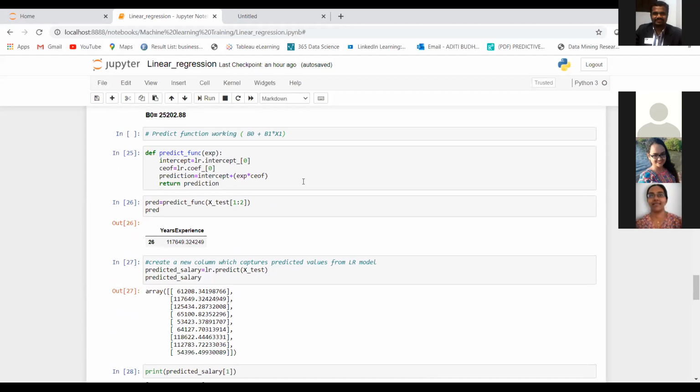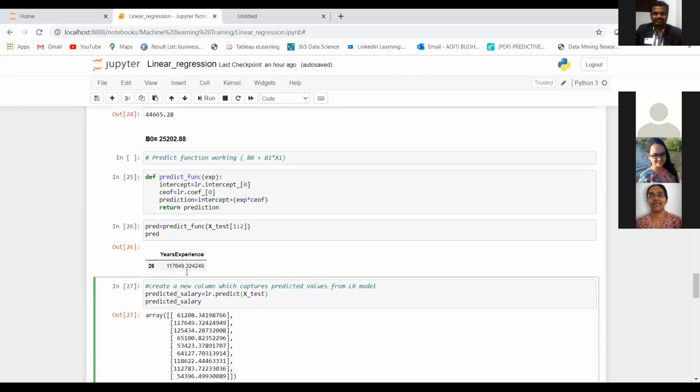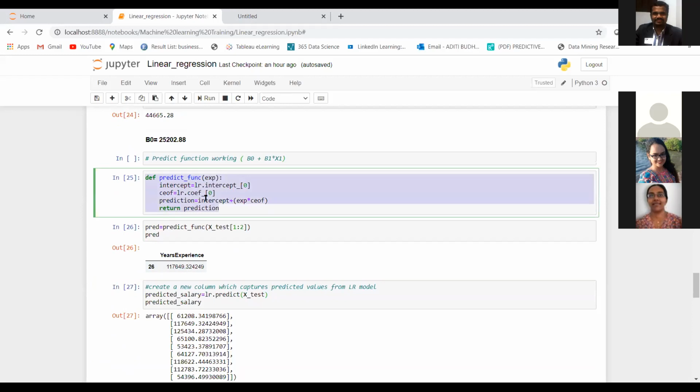Actually this function is what we get from our sklearn library. So this function can be used to get the predicted salary, right? This other function I have just written to make all of us understand how the predict function is actually working.